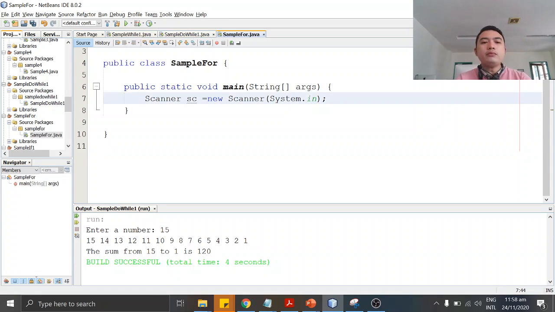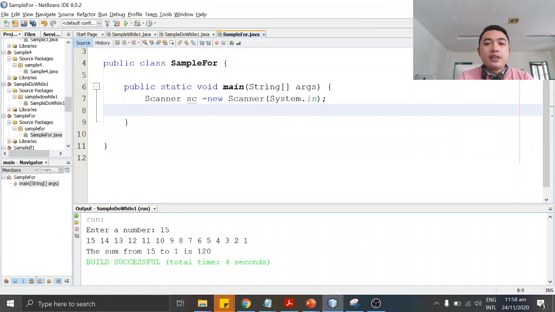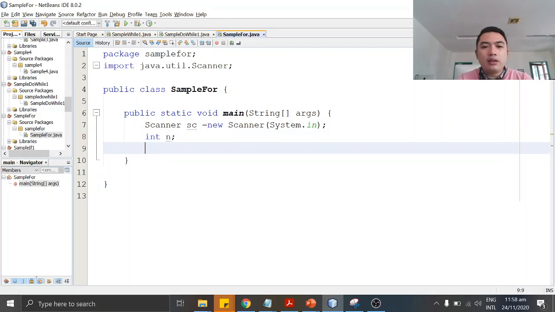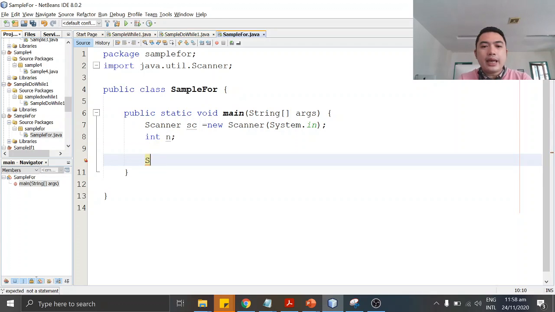And we will need to declare a number, an integer variable. Okay, so let's use int n.